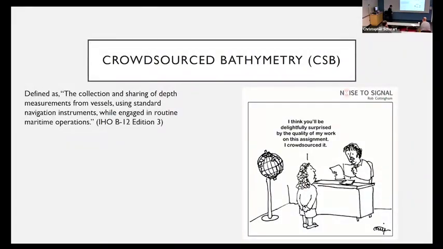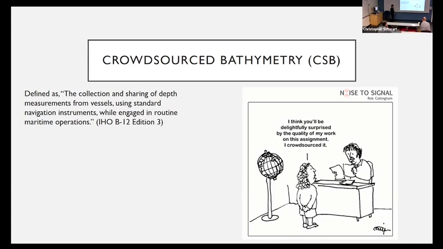So one way of dealing with the uncertainty associated with VGI is to collect crowdsourced bathymetry. The idea behind crowdsourcing is that if we aggregate enough measurements of the depth at a single position, the errors in sensor calibration, lever arm, sound speed, all of the things that affect the uncertainty associated with our data may cancel out, and then the resultant measurement of the depth that's aggregated at that point can be considered the